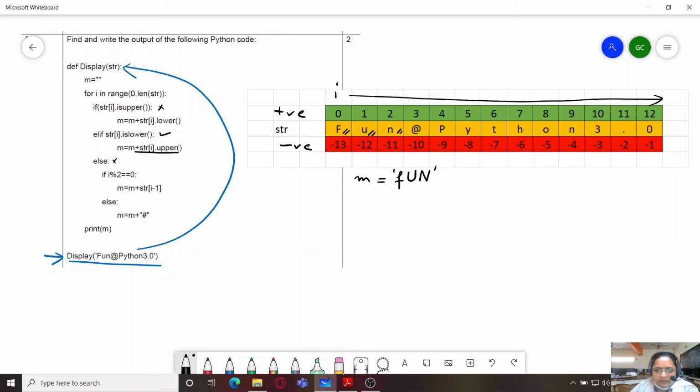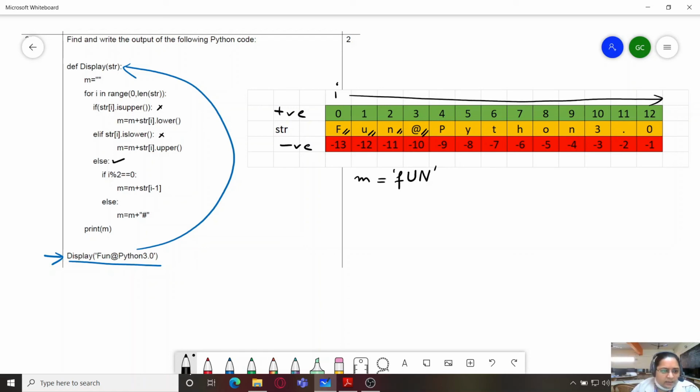Next we have the at-the-rate symbol, which is not an alphabet. So we will be checking which of these if statements will be satisfying it. First one will be wrong, second will be wrong, because it's not an alphabet, so it cannot be categorized as upper or lower. So we come to the else part.